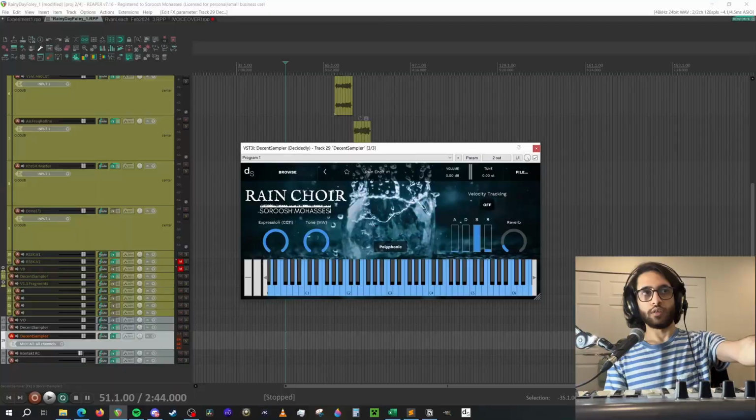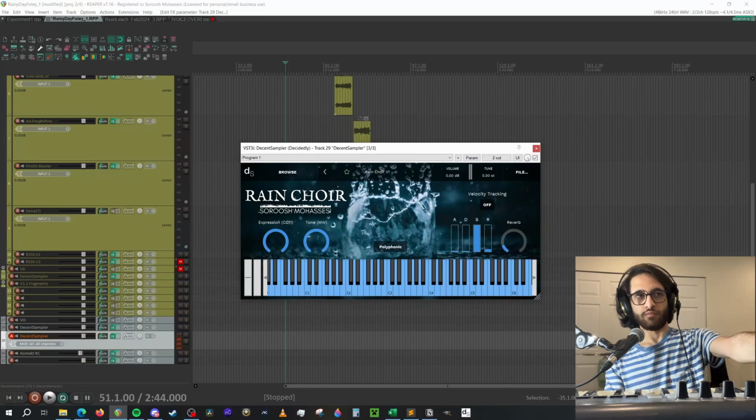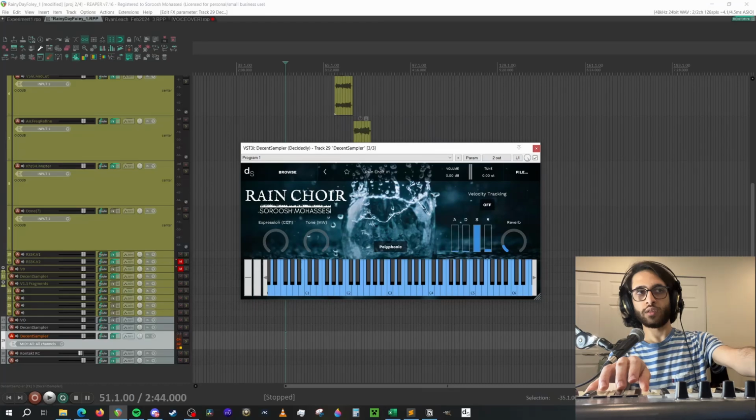If you prefer controlling it with faders, you can do that. Tone is mapped to the mod wheel, and expression or just volume is on CC11. So you can do things like swells and fade outs. You can do filter sweeps